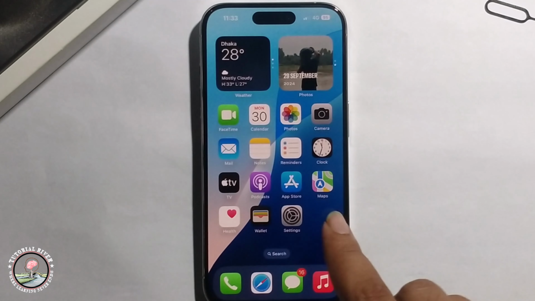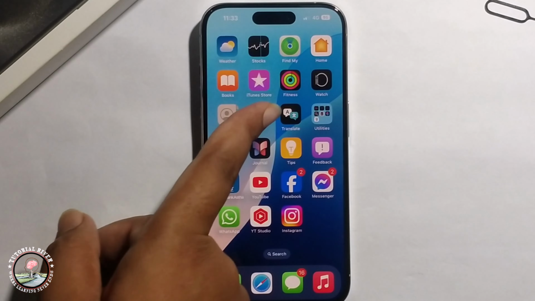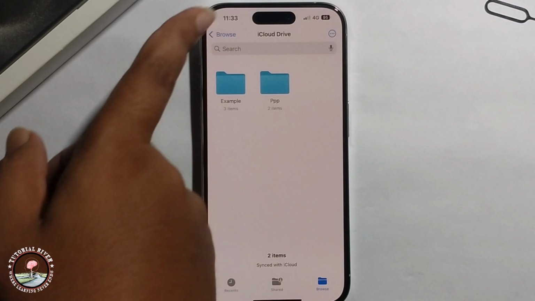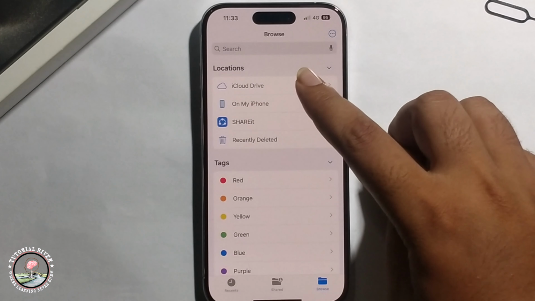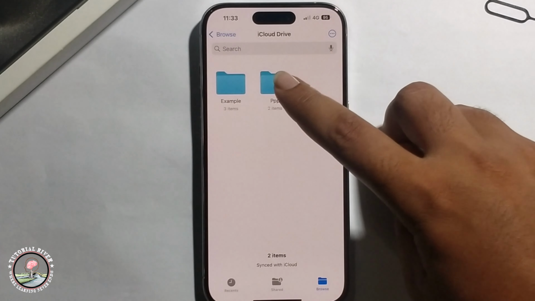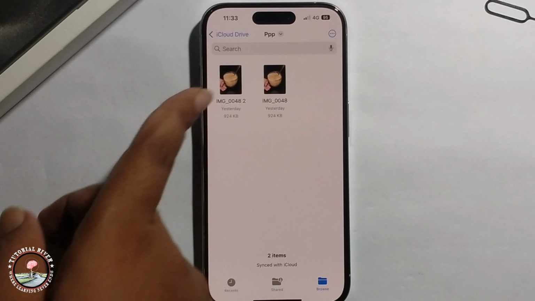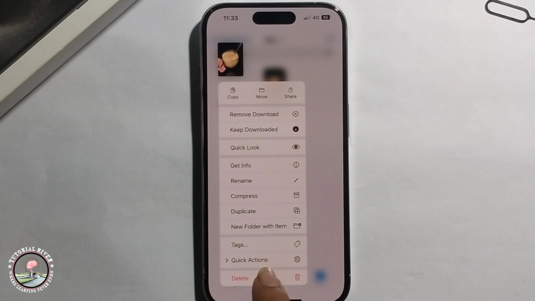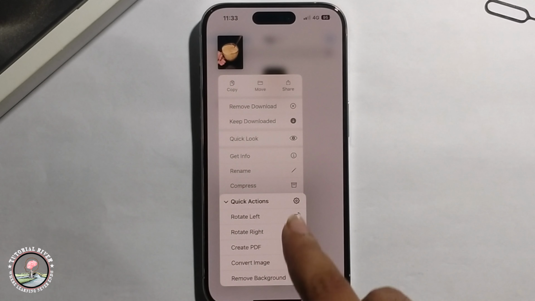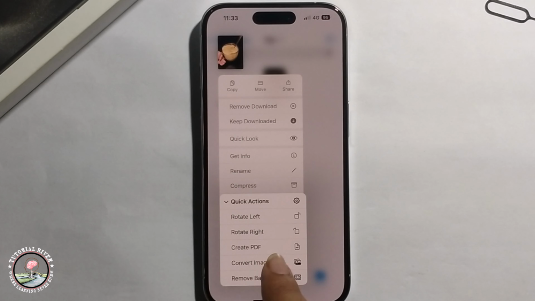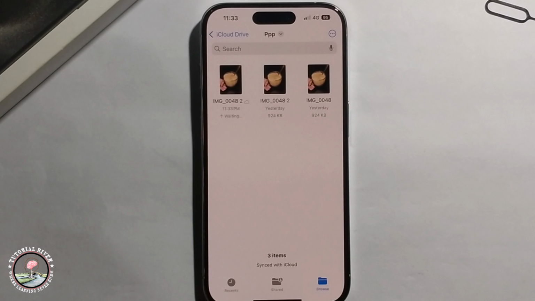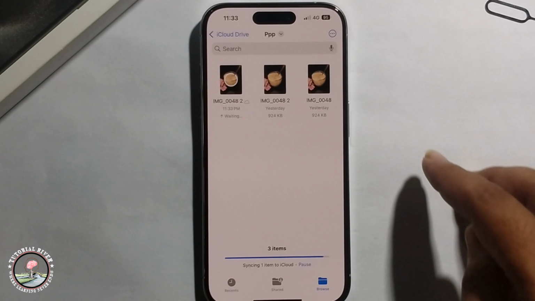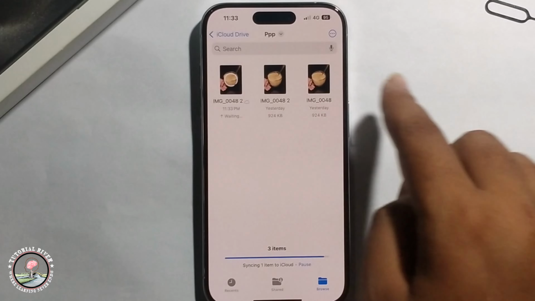Okay, now open file apps, open iCloud Drive, then showing it to image, just long press, quick action, and then showing it to create PDF, just click on to create PDF. Now successfully create PDF. Or if you want to image PDF,